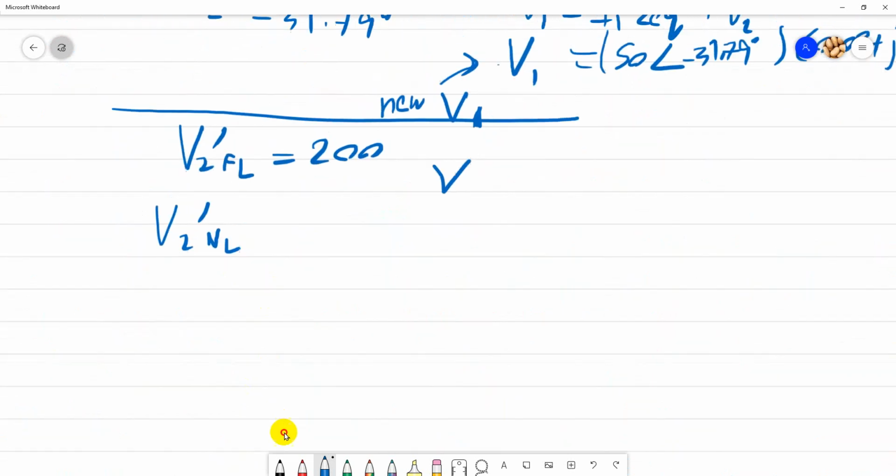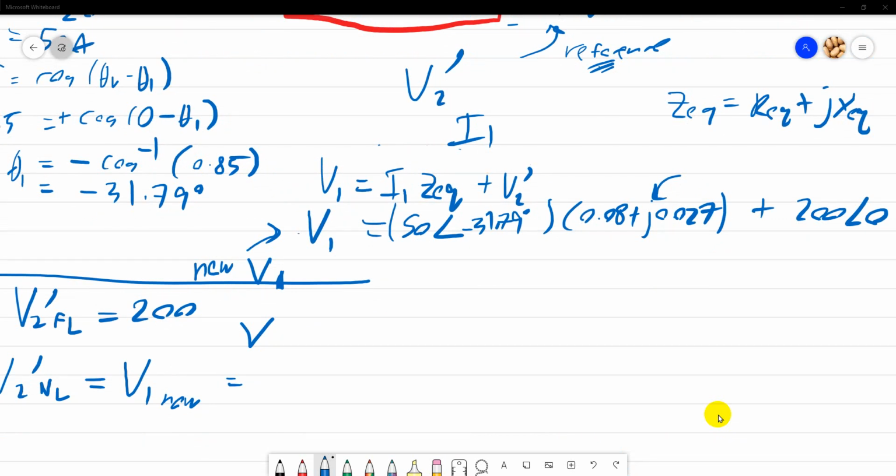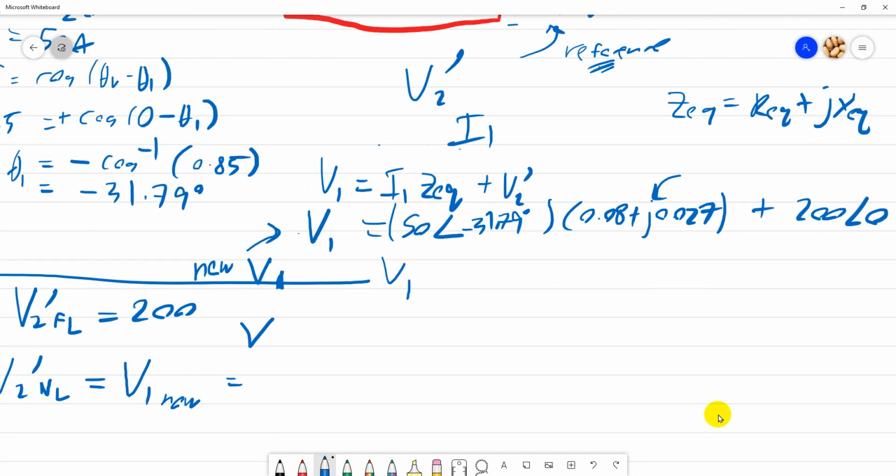So V2 at no load will be equal to the new V1 voltage. For this condition, you have to copy back this. If you calculate this, the new V1 is equal to